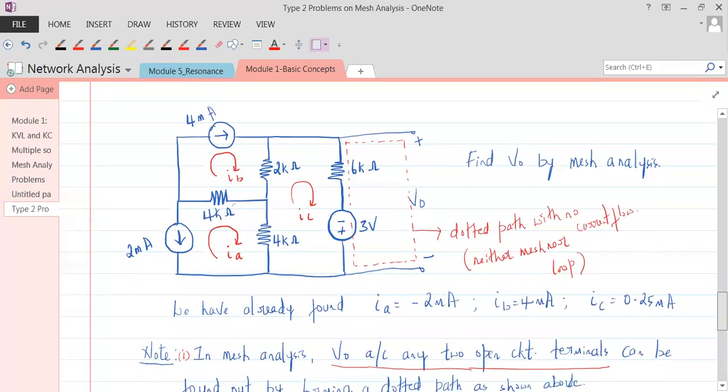Fine. What is the catch here? The catch is to form the dotted path. After forming the dotted path, you should understand there is no current flow here, but there is a voltage drop which can be considered in the KVL. So anytime from here on, if I ask you to find V0 across open circuit terminals, these are open, they are not shorted. If you are able to find any voltage across the open circuit terminals, then the dotted path is what you find. Then you will be applying the KVL in this particular way.